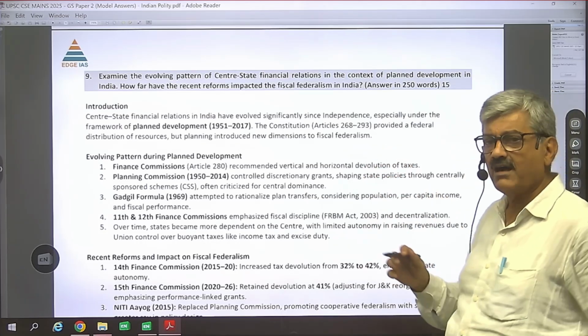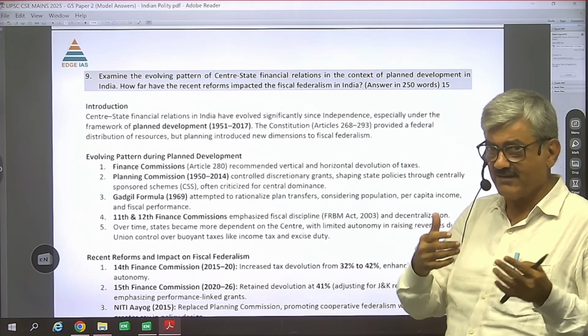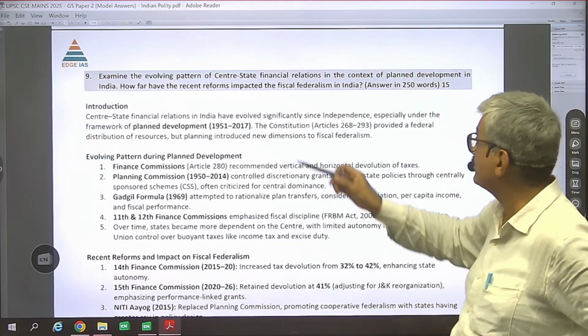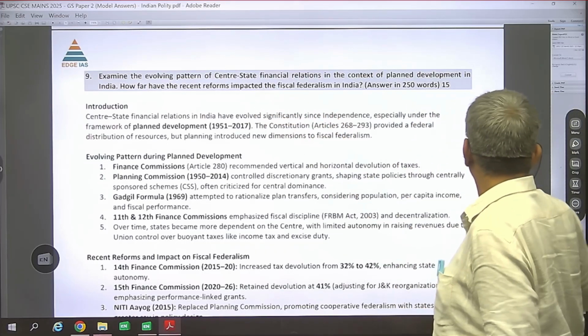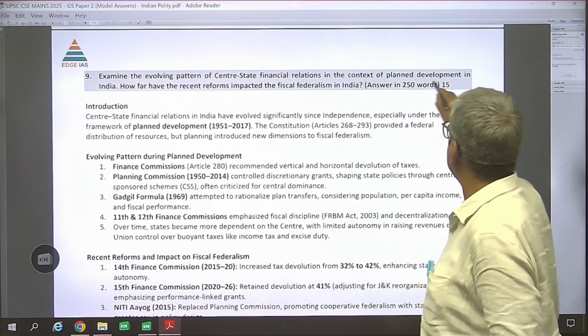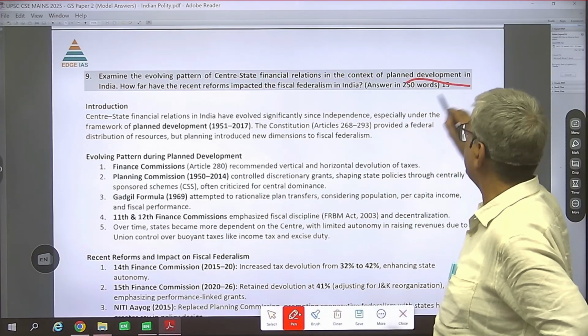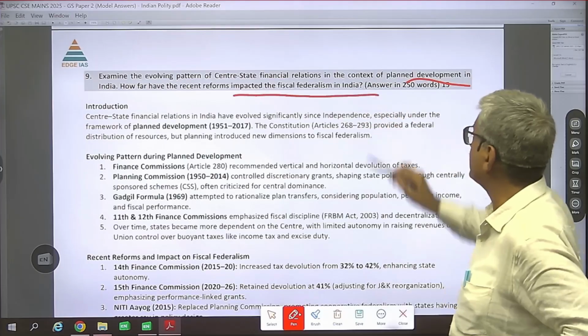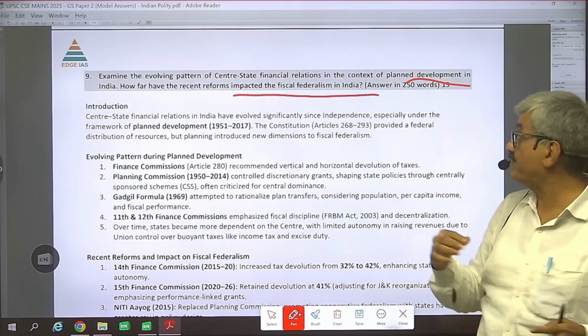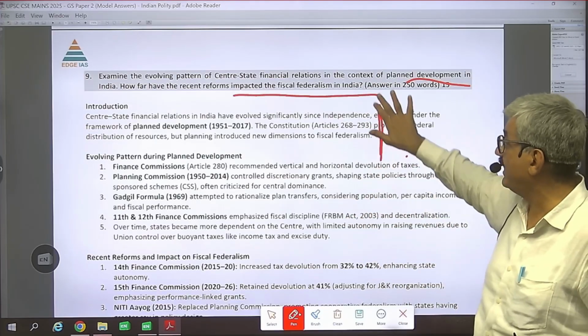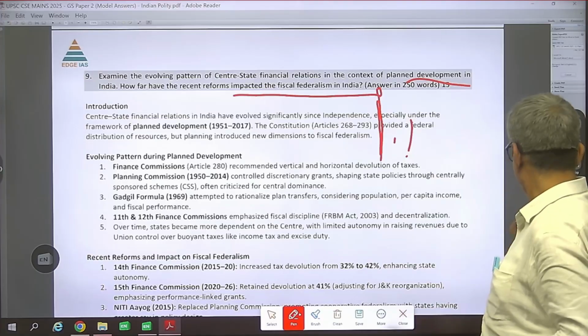So, out of the 9 questions that we had on Indian polity, we have the question on center-state financial relations in the context of planned development in India, or how it has impacted fiscal federalism in India. So we have seen